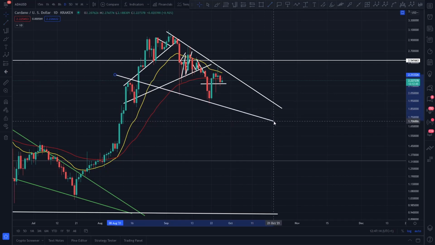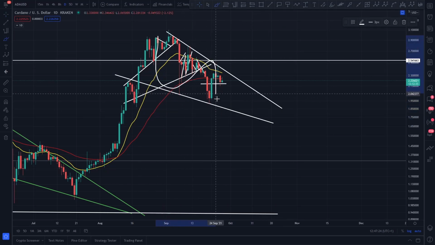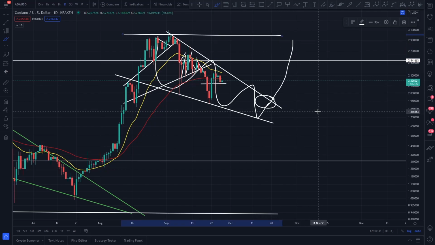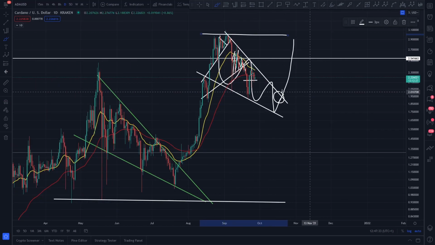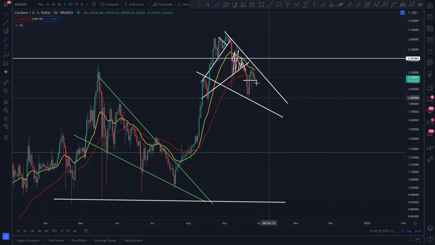Okay, so if we put on the wicks, you can see this previous resistance just there, an apex of a kind of horizontal break out. You're falling back into its support, creating some kind of beautiful falling wedge pattern. Once you break out of this level of resistance, wherever it is, I think you're going to come up here and retrace to this high, and you're going to break that technical target, and you'll be putting in a beautiful impulsive wave. So in a minute I do think Cardano is coming down again.